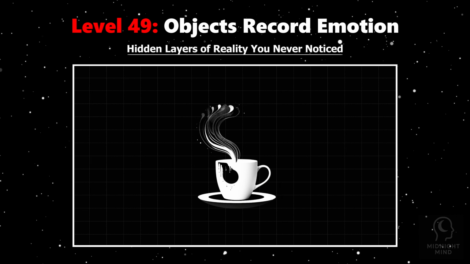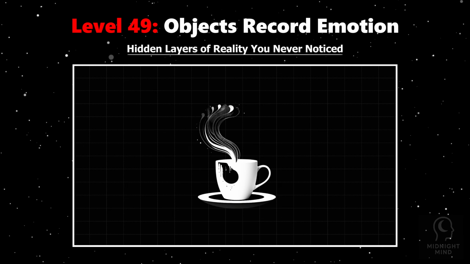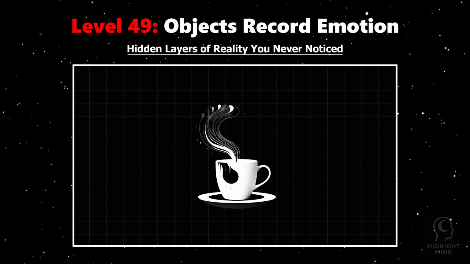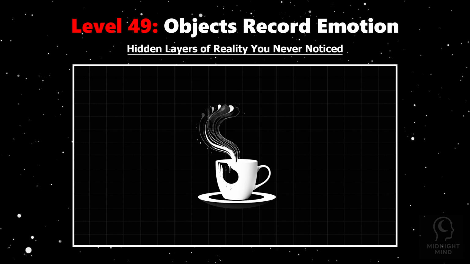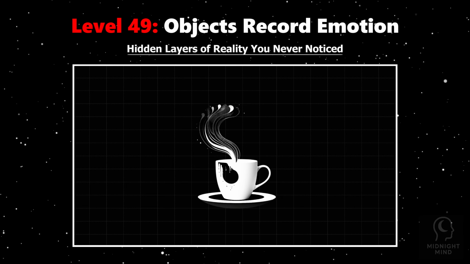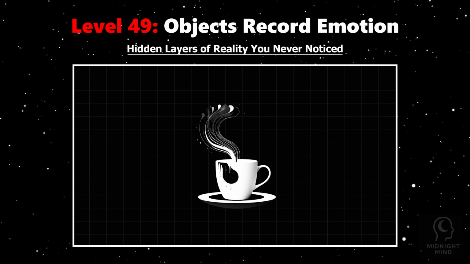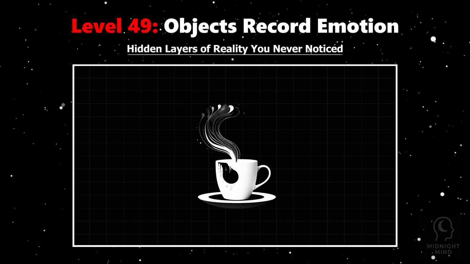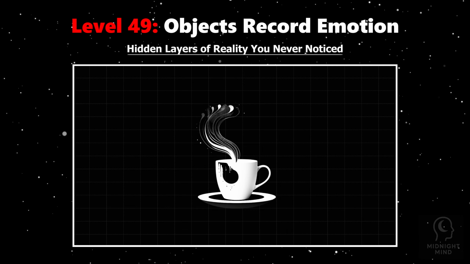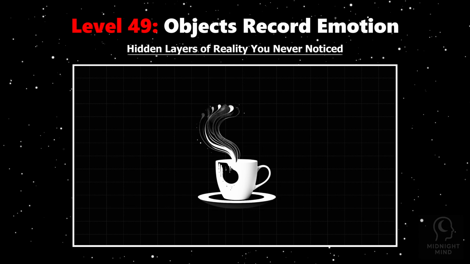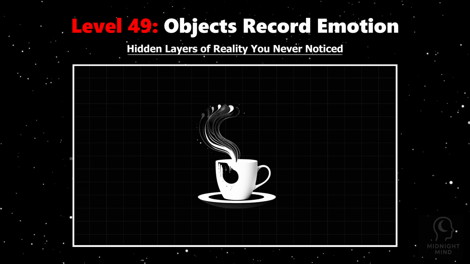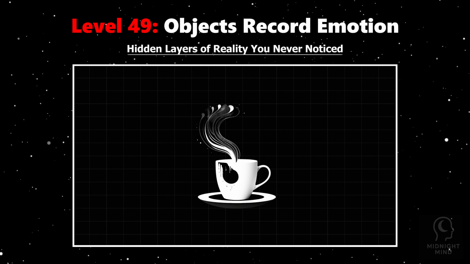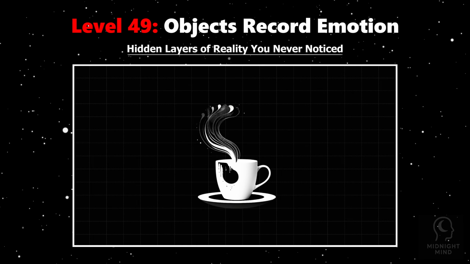Beyond chemicals, the subtle pressure, warmth, and even micro vibrations from touch change the physical texture and electromagnetic fields around objects. Researchers in environmental psychology find that people often perceive objects as charged with emotion, influencing mood and memory when they interact with them later. This phenomenon explains why holding a cherished item can evoke calm, or why a space can feel tense or welcoming. Your environment becomes a dynamic emotional archive, each object a page in the story of your inner world. Recognizing this connection shifts how you see everyday things, from passive tools to living repositories of your emotional history.